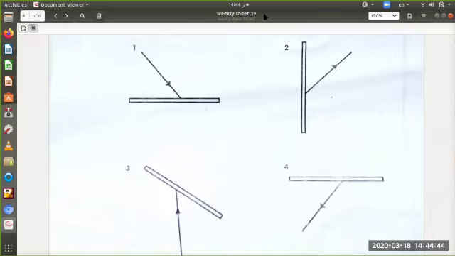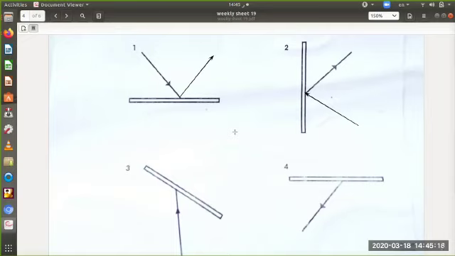For number 1, we have a light from the source, so we have to draw the other line, which is the reflected line. It will be like that, as much as I can. The next one, we have the reflected arrow, so we have to draw the arrow from the source. Okay, it will be like this. So we have to draw from here,